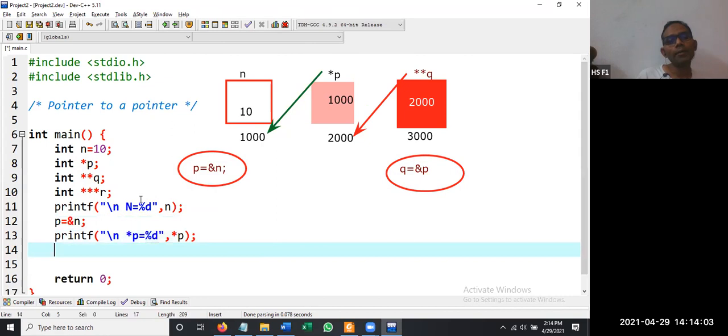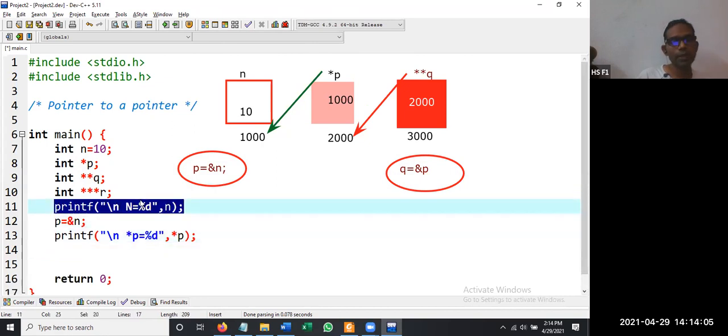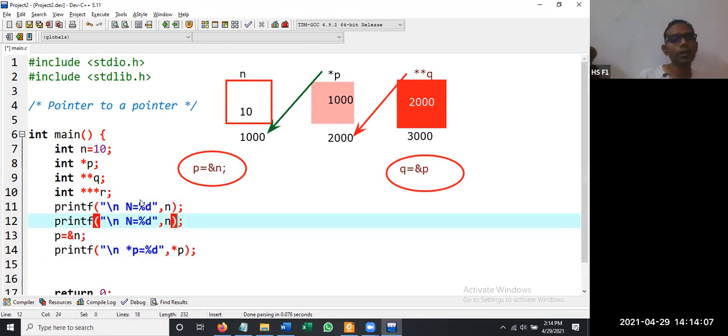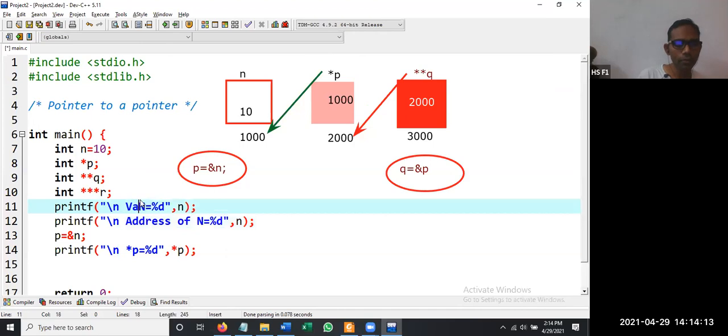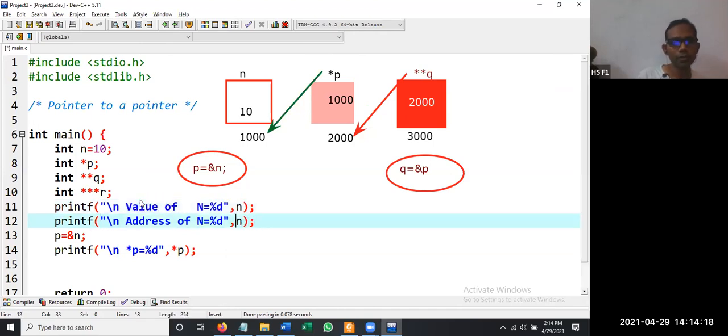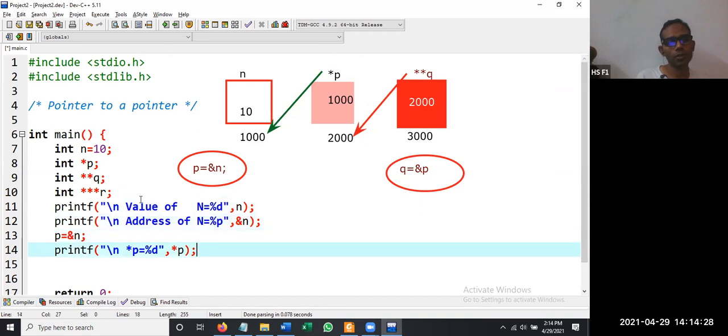Now I want to know the address of n. So after this line, you're going to write printf address of n. This is called value of n. Now here, address of n means you're going to write ampersand n. As per our previous class, we use %p for seeing a 16-bit address of a memory location.